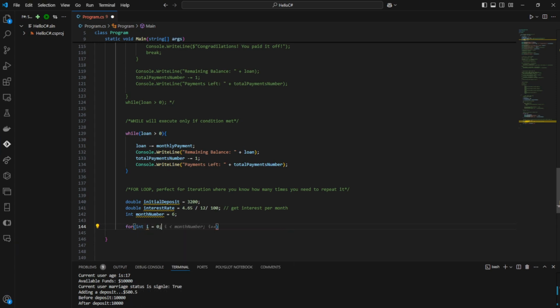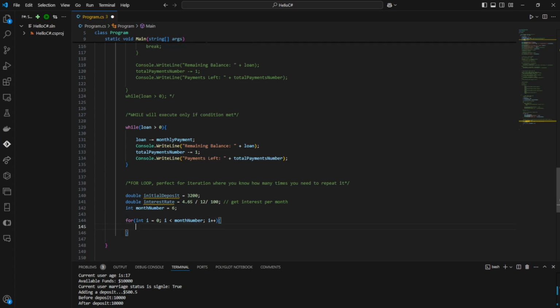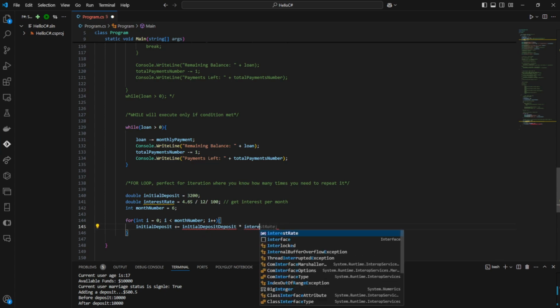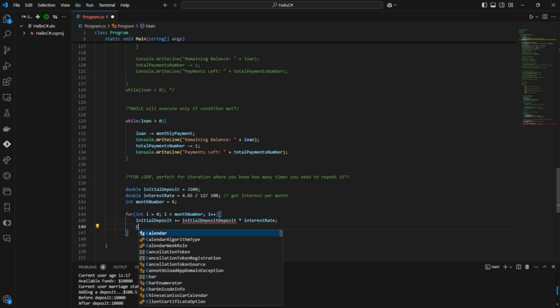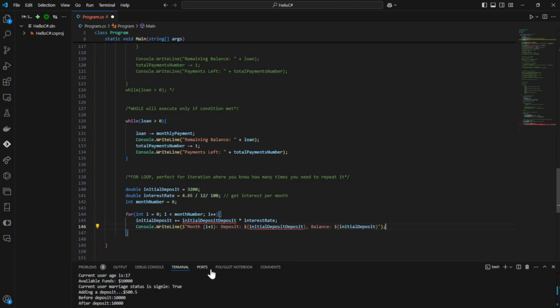So for loop, integer i equals 0. i should be less than month number. So month number is our condition. And the last, i++, means we're increasing it. We're going to update our initial deposit and add initial deposit multiplied by interest rate. Console.WriteLine. What I'm going to do, I want to just type, oops, I think I misspelled that, initial deposit. Okay, so Console.WriteLine,